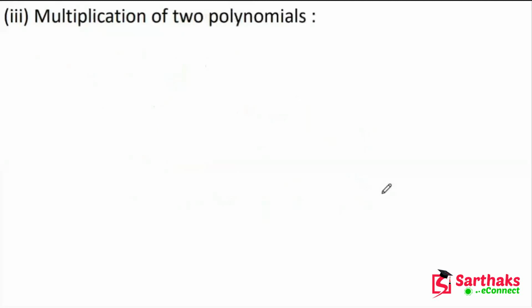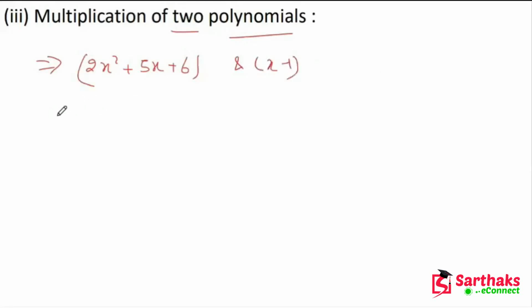Now multiplication of two polynomials. Two polynomials here means binomials. In that case, if we have two polynomials like this, 2x square plus 5x plus 6, this is a polynomial, not a monomial, and x minus 1. So what will we get? We are directly multiplying this: 2x square plus 5x plus 6